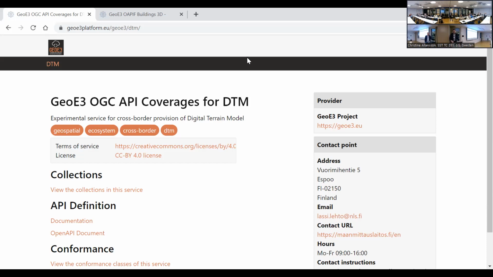When it comes to these collection queries or cross-border use cases, that's the advantage of OGC API Features, that it can actually create this kind of queries without us doing anything. In this particular case we are using a tool called pygeoapi, a Python-based open source implementation. If we just put these services as a service provider into this pygeoapi, it can really generate